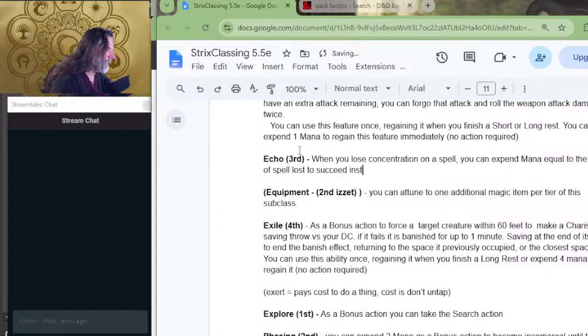That's horribly worded. When you lose concentration, when failing a saving throw,